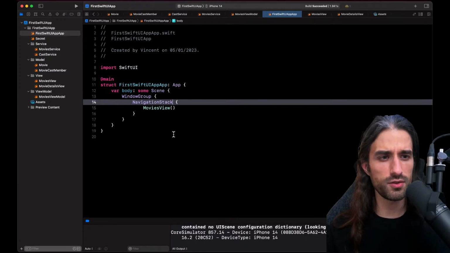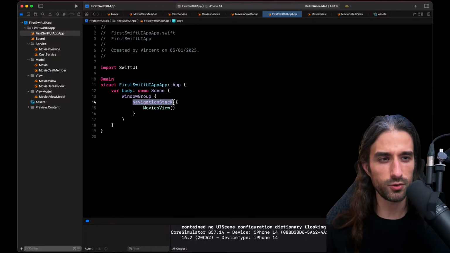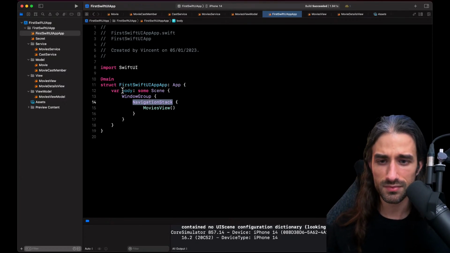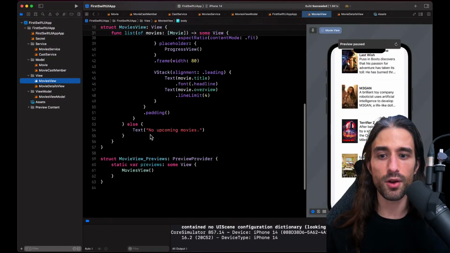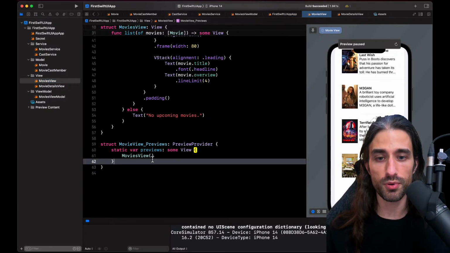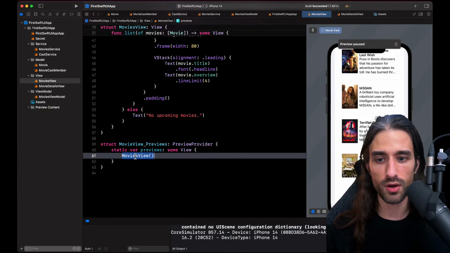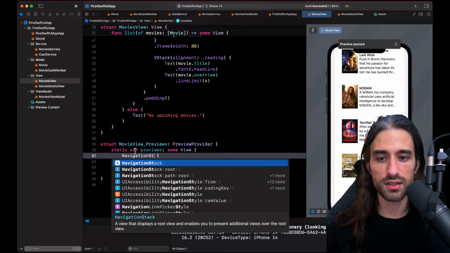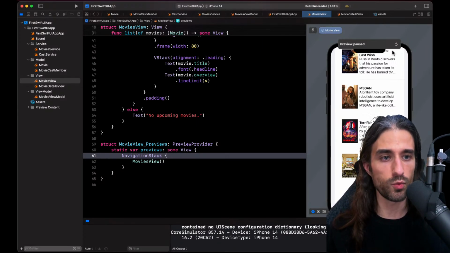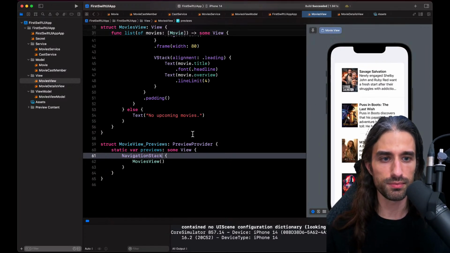You know what? I'm going to try and use this one and we'll see if I run into a bug. This is the part where I'm improvising. So I'm putting both my app in a navigation stack and also my preview, because the preview doesn't inherit anything from what's defined in the app. So I also need to embed it inside a navigation stack, because otherwise my navigation won't work inside the preview.